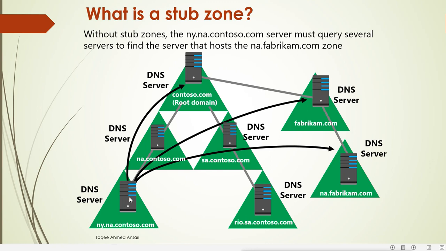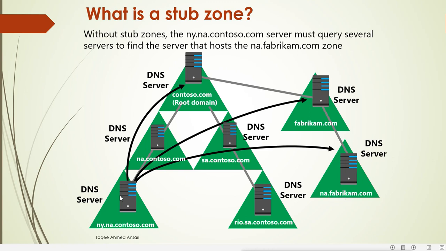In this DNS server of this domain, we will create the stub zone for na.fabricam.com. In that stub zone we have special records, like the SOA record, which is the start of authority server for this domain, fabricam.com, and then NS records. NS records mean the name servers we have in